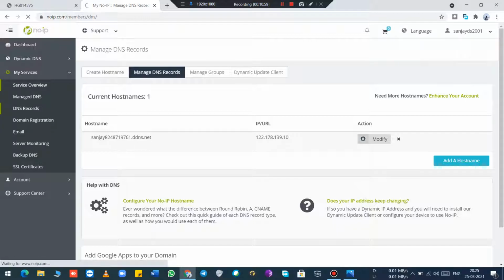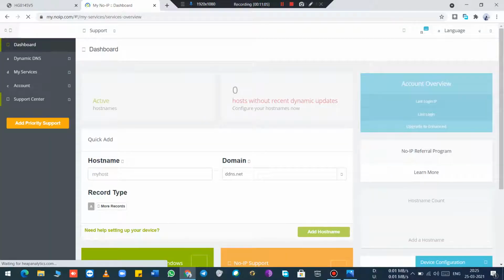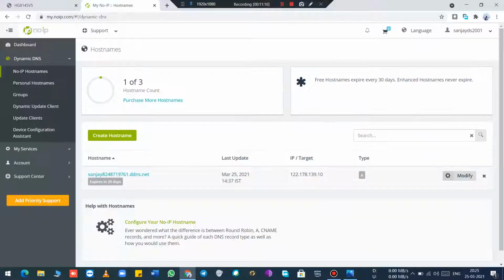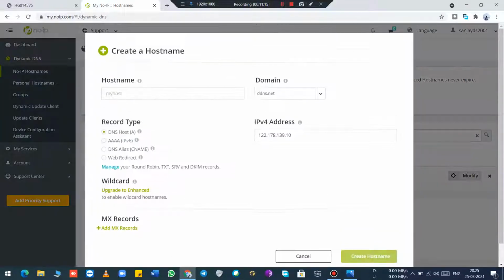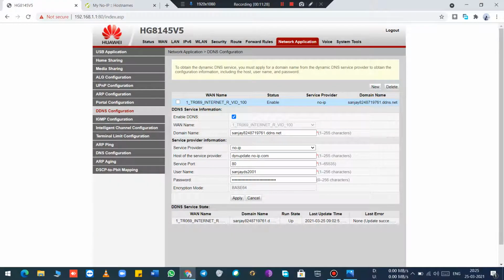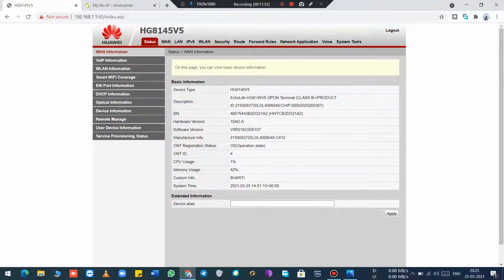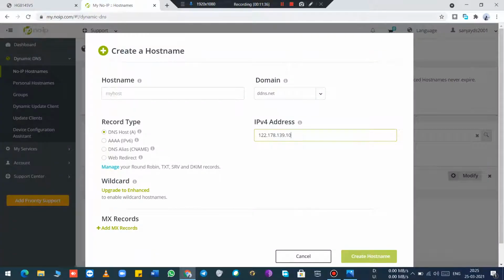You have to create a host name if you don't have one. You can give it any host name, for example your email ID. You can create your host name under dynamic DNS. Just create a host name, and you can give it anything you want, even your mobile number, but please don't disclose it. Here is my external IP address. Please make sure this matches your router's IP address, meaning the WAN IP address. So this should match with your